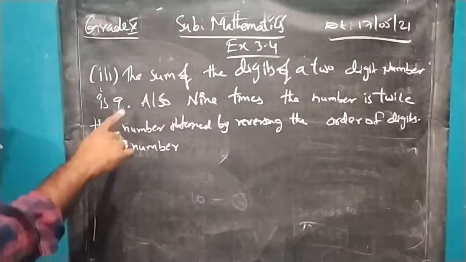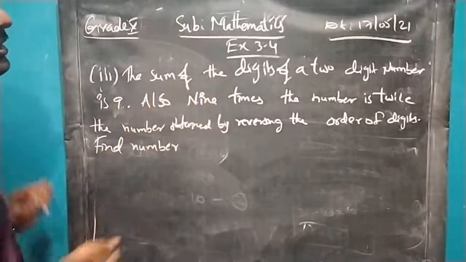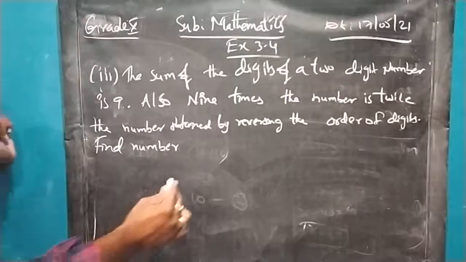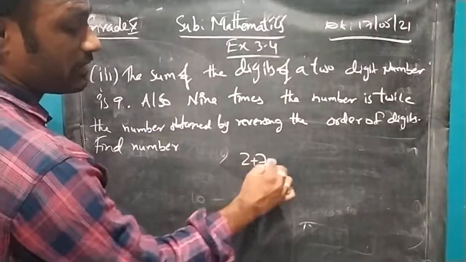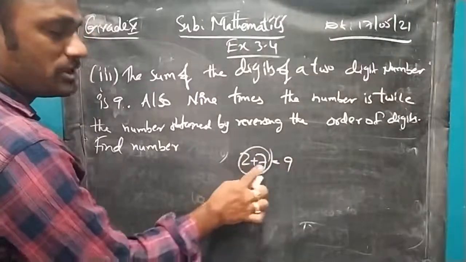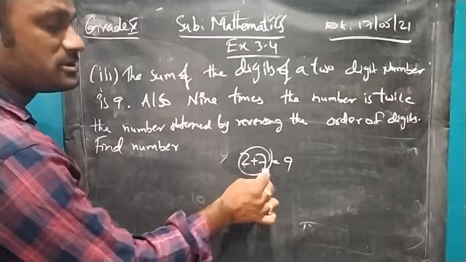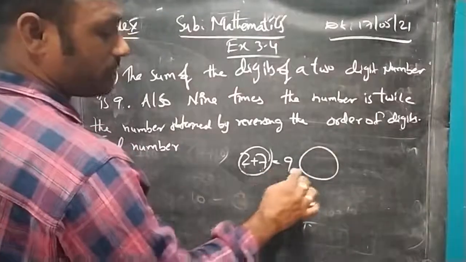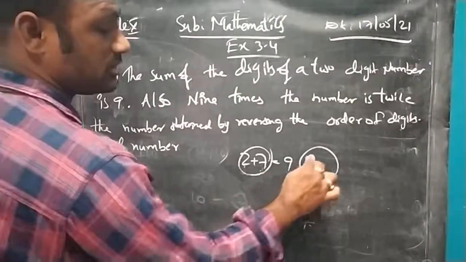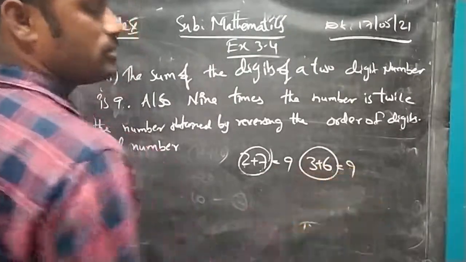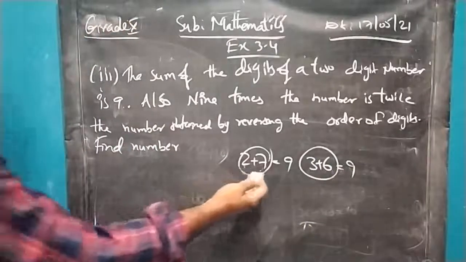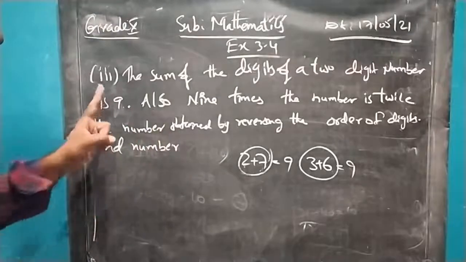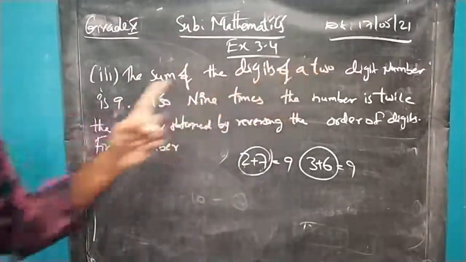Let us see this question. The sum of the digits of a 2-digit number is 9. So if you are taking any 2-digit number, let us suppose 27. If I add this, it is 9. 27 is a 2-digit number. Means if I am going to add these 2 digits, I have to get the sum as 9. So this is one possibility. The other possibilities are 27, next 36, also 9. So like this, we are getting more than one number, so we cannot get the perfect answer. So that's why we have to assume variables and get the perfect answer.